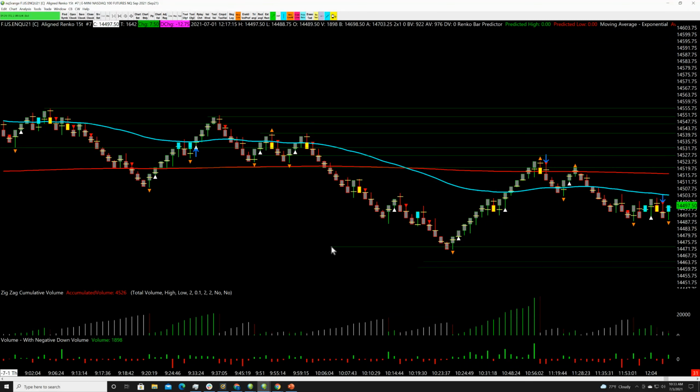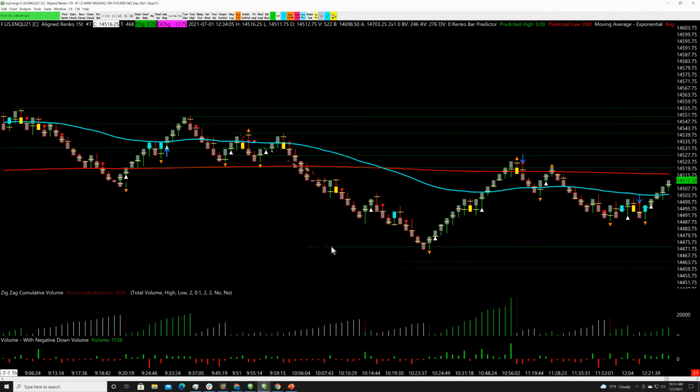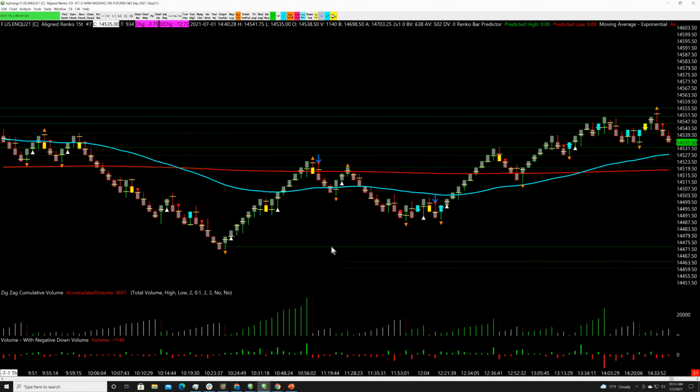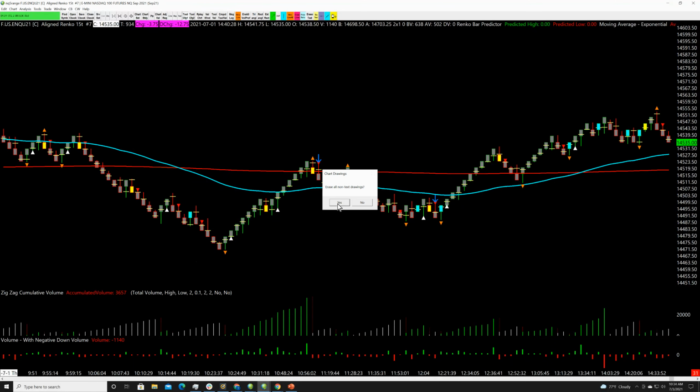Again, this is the day I put down on that small account trading 3 contracts. I put down almost 4K in P&L. And then you'll see again at the bottom, power bar, triangle up right here. And that gave you from, let's erase the line so it doesn't get confusing, $14,483 to $14,523. Again, that's another 24 points, almost $800 a contract. And again, you got set up right there on the flip.